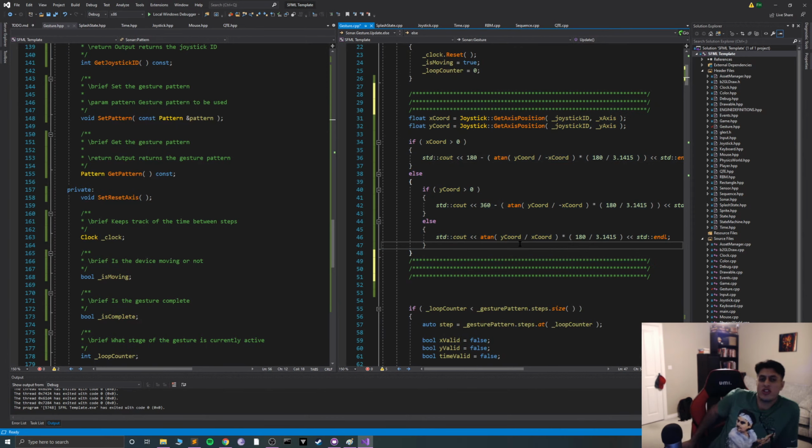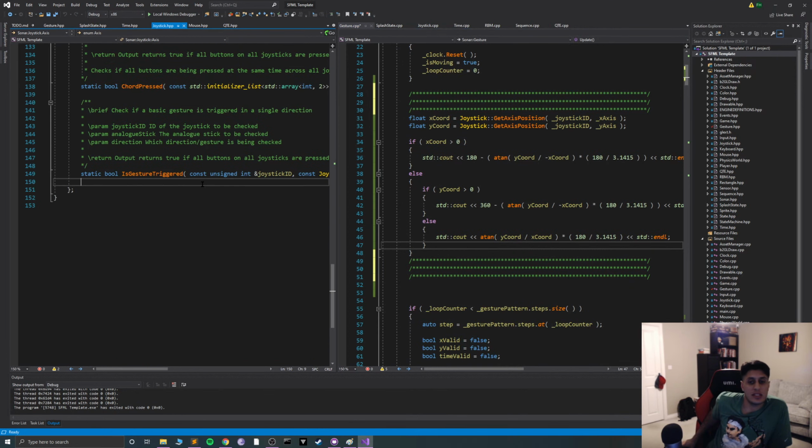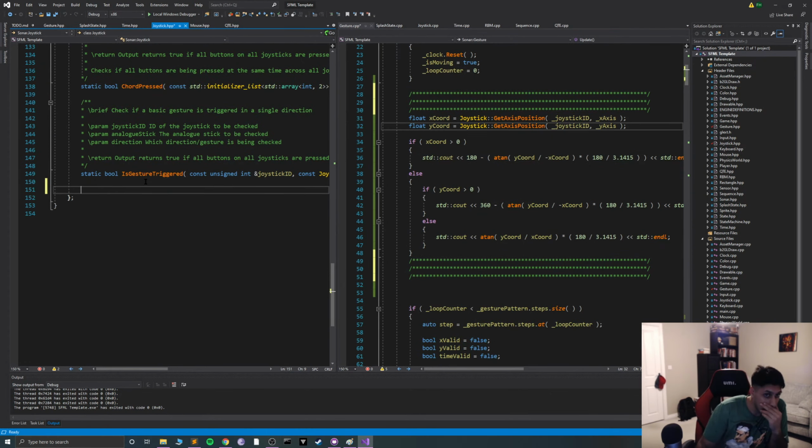Trying to think, should we put it in the gestures or should we put it somewhere else that we access it, but it is specific for the joystick. Let's whack it into the joystick class then. Yeah, it can be a static method. There's no reason I can't see why this can't be a static method. Okay, so this is going to be static float joystick. No, I'll say